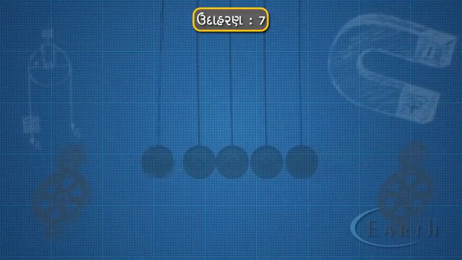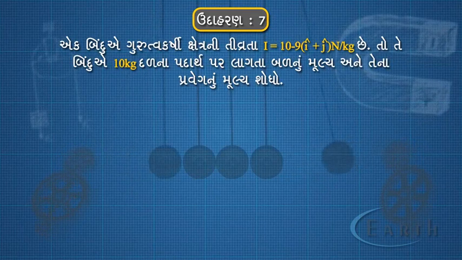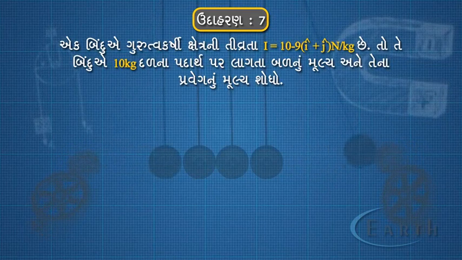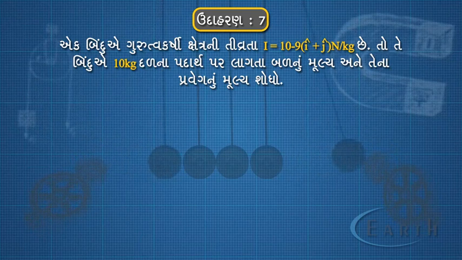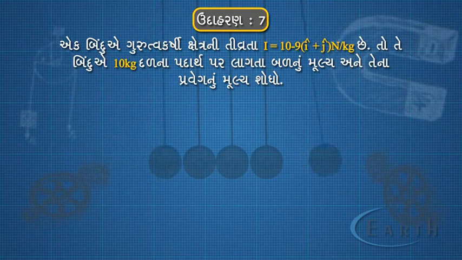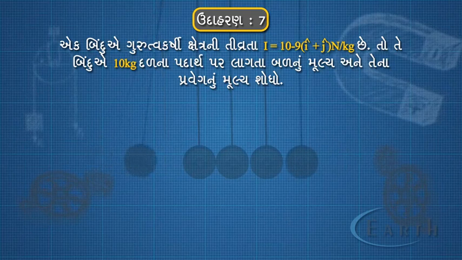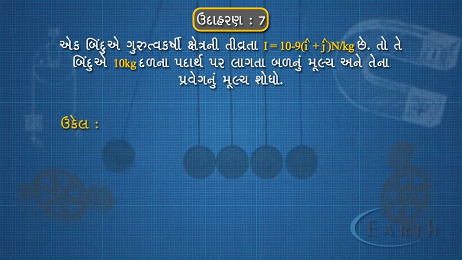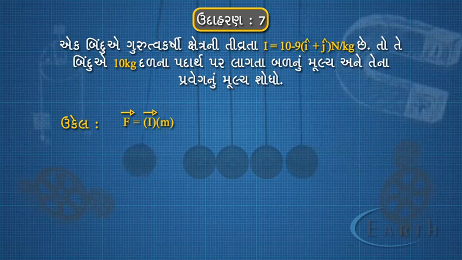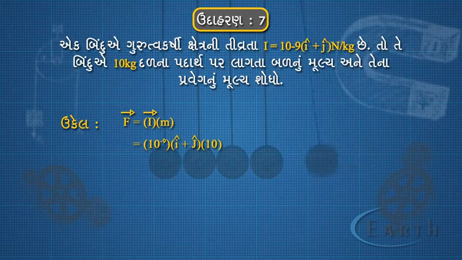ઉદાહરણ 7. એક બિંદુએ ગુરુત્વાકર્ષી ક્ષેત્રની તીવ્રતા સદિશ I = 10^-9 (i + j) ન્યૂટન પર કિલોગ્રામ છે તો તે બિંદુએ 10 કિલોગ્રામ દળના પદાર્થ પર લાગતા બળનું મૂલ્ય અને તેના પ્રવેગનું મૂલ્ય શોધો. ઉકેલ. સદિશ F = સદિશ I × M = 10^-9 (i + j) × 10